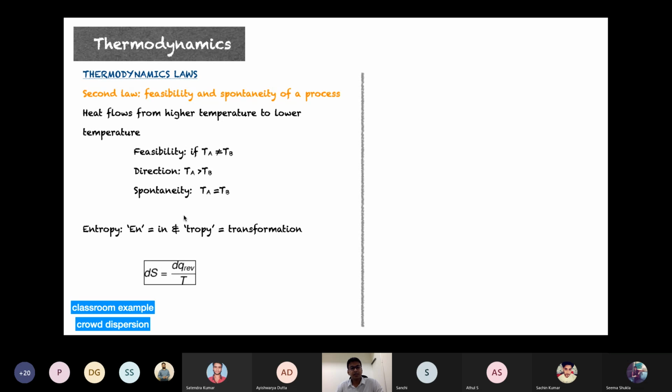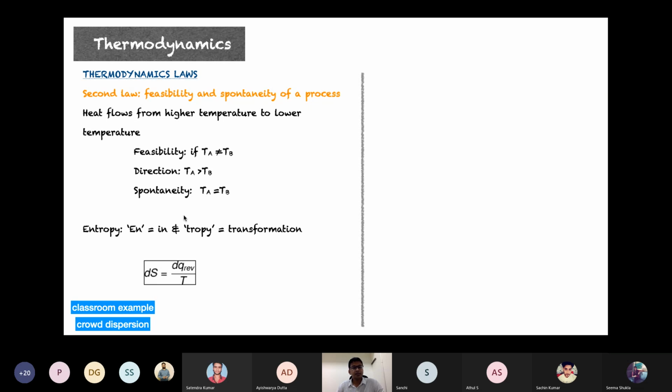So the heat will flow until the temperature of the two systems becomes equal. So it gives feasibility, it gives direction, it gives spontaneity. Okay. Now the next thing, the implication of the second law of thermodynamics is the concept of entropy, and it's